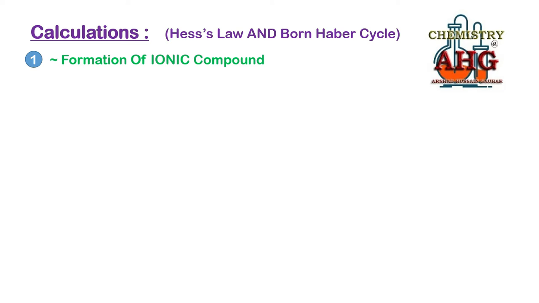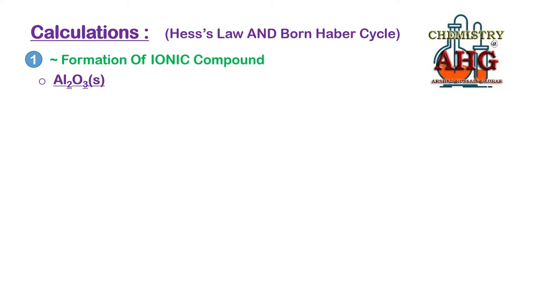Yes, for the formation of an ionic compound through the indirect path there are always three steps. What are the three steps? Number one, atomization. Number two, ionization. Number three, formation of ionic lattice. For example, suppose you have been given aluminum oxide, an ionic compound, how you can get its formula, and you can solve its numerical problem using a calculator only. No need to construct the Born-Haber cycle.